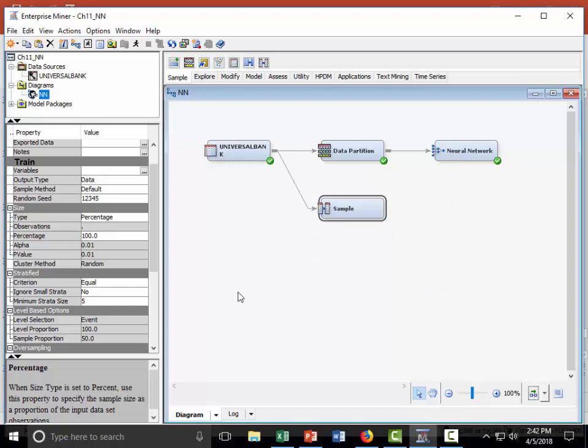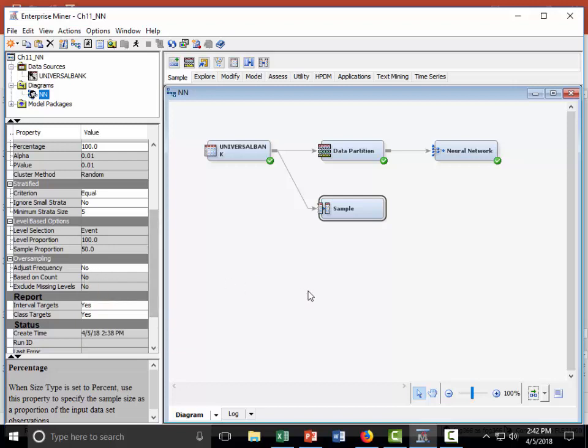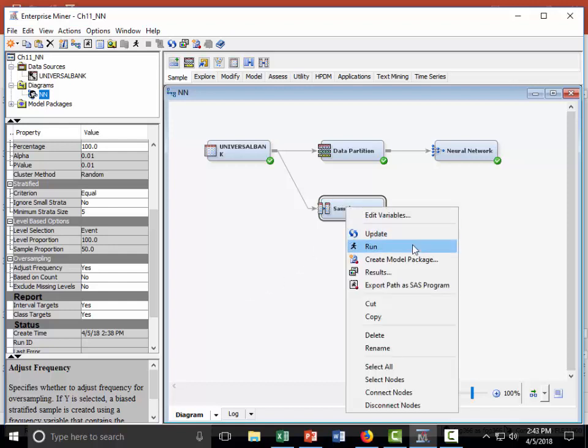Now, when you do this, your classification matrix is going to be biased because your sample is biased now, right? Biased towards the ones. So remember we did some weights and then we adjusted the values of the frequencies to take care of the fact that the sample is biased. So that is done here. Adjust frequencies. If you set it to no, which is the default, then it's not going to do any adjusting. It's just going to give you what the classification matrix numbers are. But you have to change that to yes. If you set adjust frequencies to yes, then SAS will compute the factor and then do the adjustment. So let's run